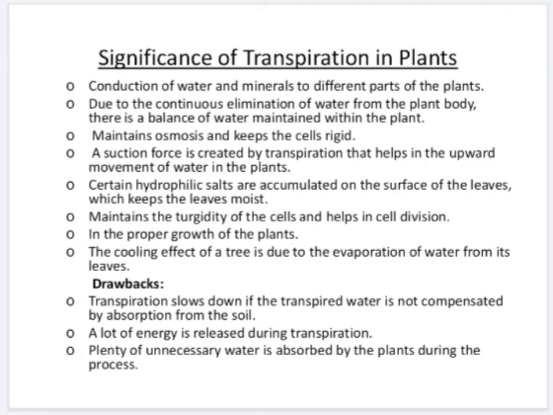When water reaches the stomata, which are small apertures or holes in the leaves, it evaporates due to the process of diffusion. The moisture content of the air is lower as compared to the moisture present in the leaf. So, water naturally flows out into the surrounding air in order to equalize the concentration of water.